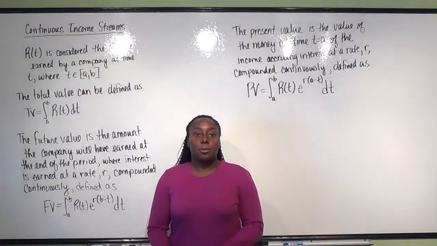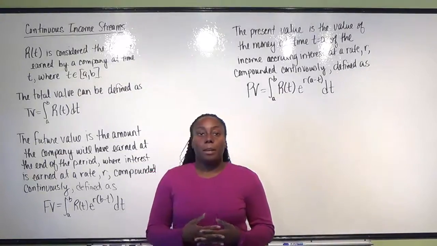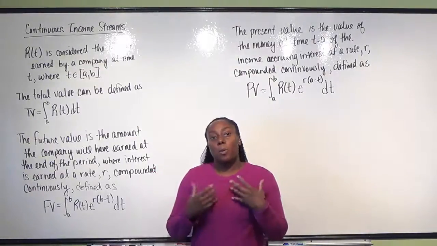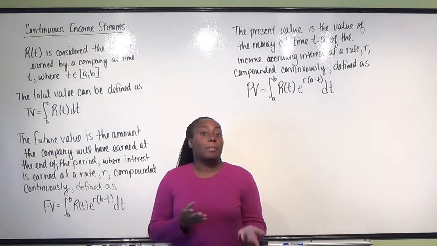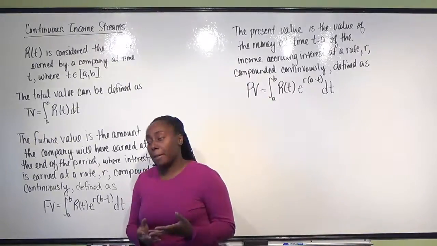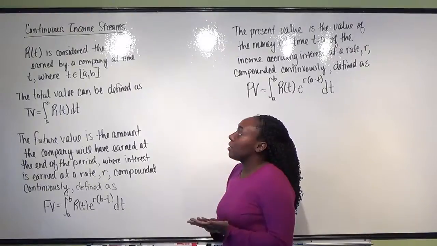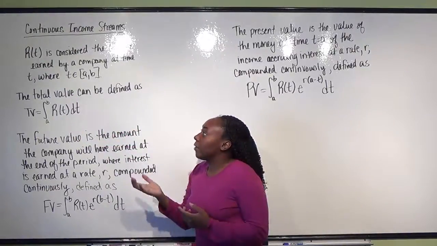In this next section, we're going to talk about continuous income streams. For continuous income streams, basically what we're looking at is we have some revenue coming in from a particular company, and we want to figure out what's going to happen to that money as they invest it. Okay? So the first thing to consider is R(t), which we've talked about before,